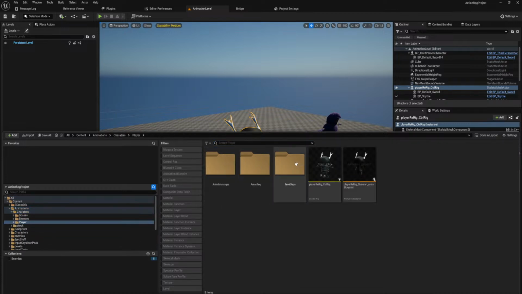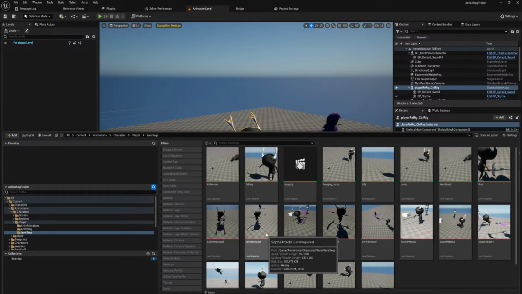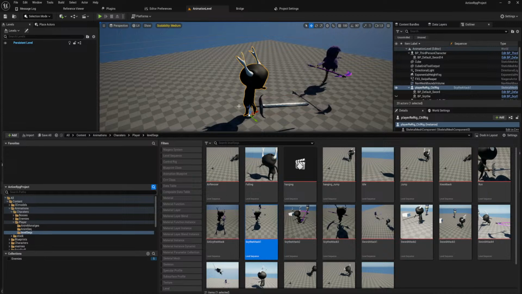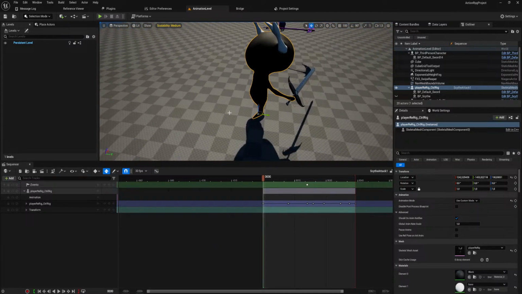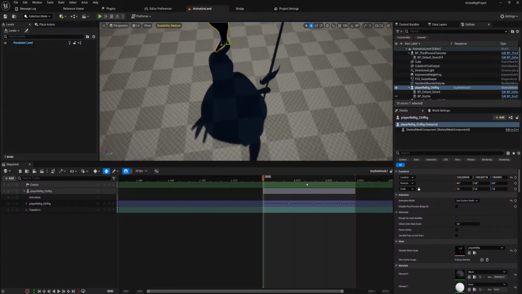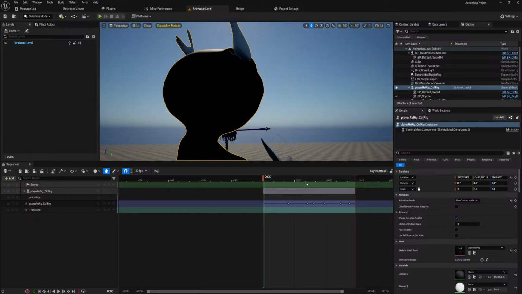So characters, player, level sequences. Okay, so the first one needs to come out fairly quickly. But the first one is also actually going to usually be the dashing attack, I would say. So maybe we just need to make that a separate animation altogether.